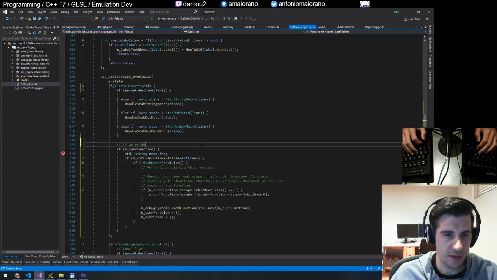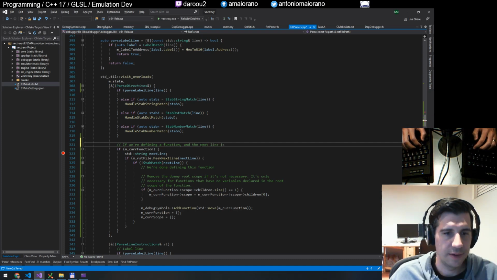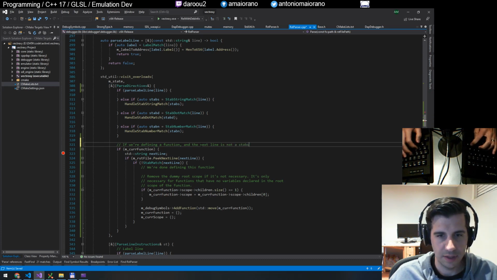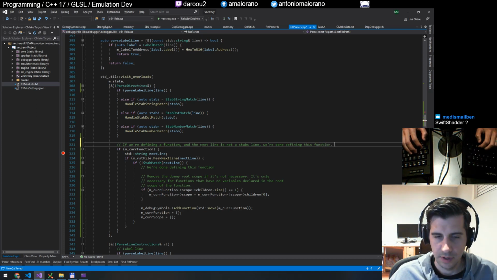If we're defining a function and the next line is not a stabs line, then wrap it up and add to